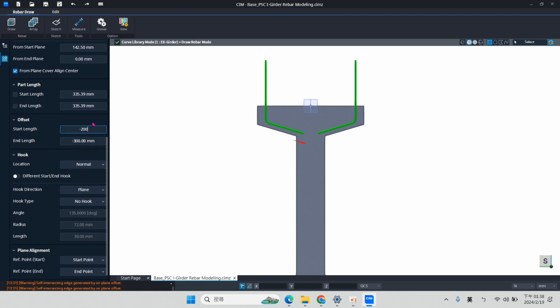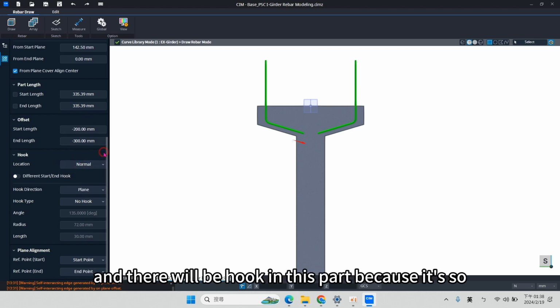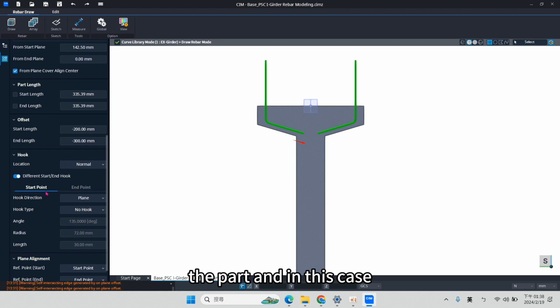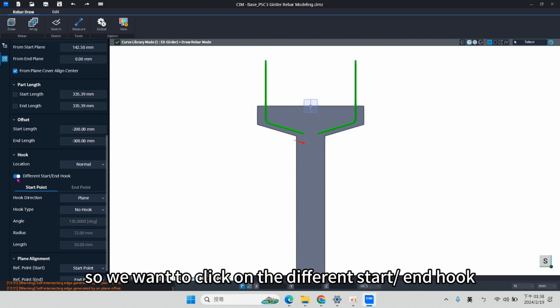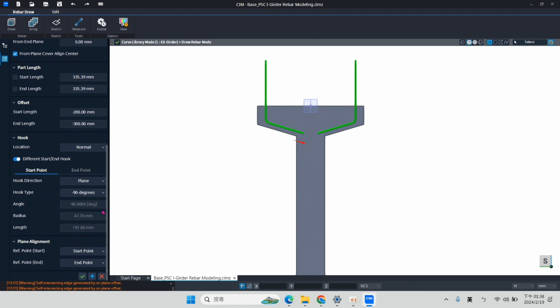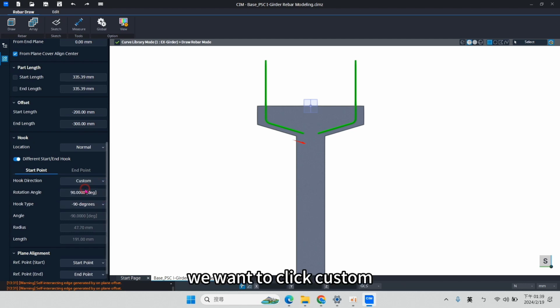Okay. And there will be hook in this part because it's only one part. And in this case, we will have two different hooks. So we want to click on the different start and end hook. Okay, the first hook will be minus 90 degree, and we want to click custom so we can change the hook.